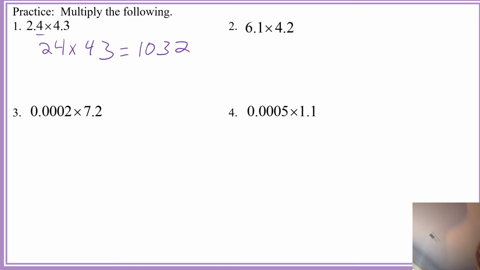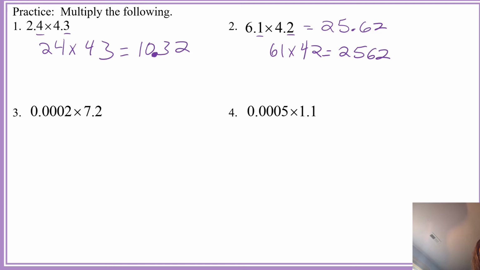But we had 2 decimal places, so we're going to pop our decimal place in with 2 decimal places. 61 and 42 is 2562. Again, we have 2 decimal places, so it's